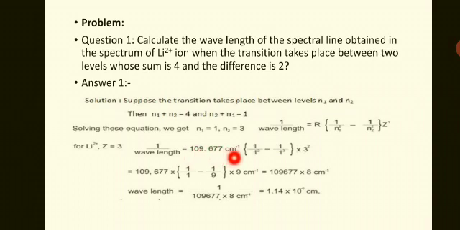109,677 centimeter inverse. We have taken the value in centimeter inverse, and in place of n1 we have put 1, and in place of n2 we have to put 3, not 1. So this becomes 109,677 multiplied by 1 upon 1 minus 1 upon 3 square, which is 9, and here also 3 square, which is 9. So if we simplify this, we'll get